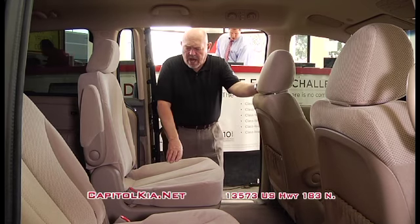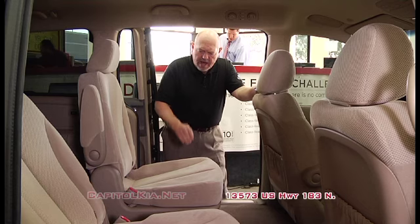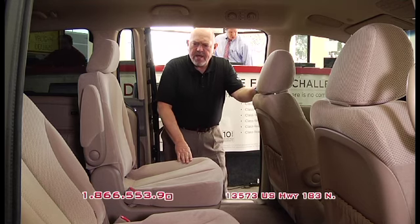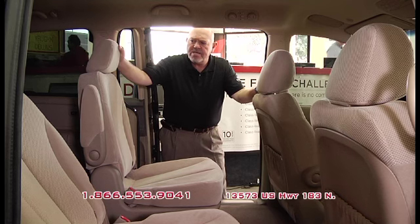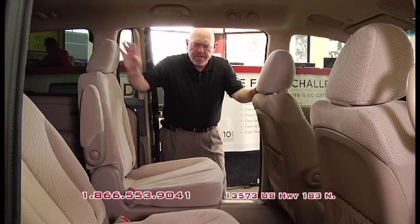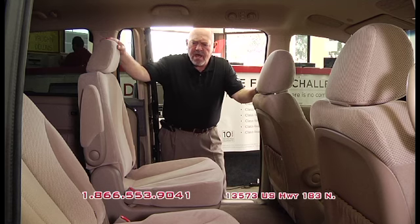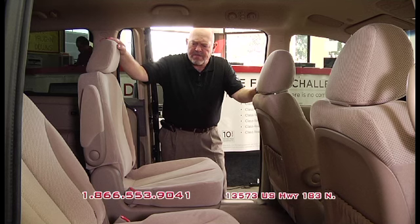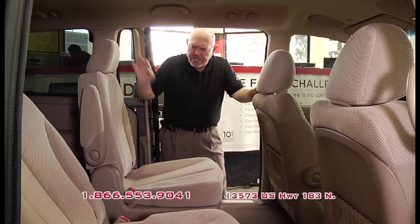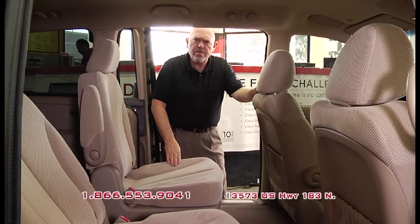Power-operated doors are, of course, optional on the vehicle, but what isn't optional is your safety. And when we're talking about safety, one of the things that I need to really stress is the rear seats. These captain's chairs in most of your vehicles that you find that are 7-passenger vans will have seats that weigh anywhere from 25 to 38 pounds. The seats here weigh 62. There's a reason. Safety,